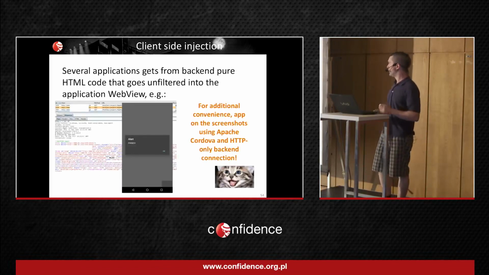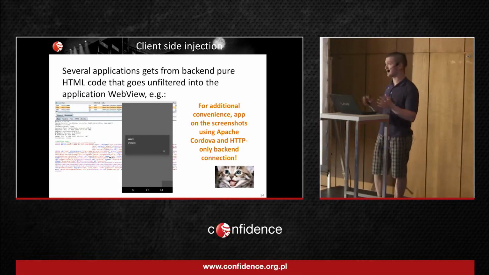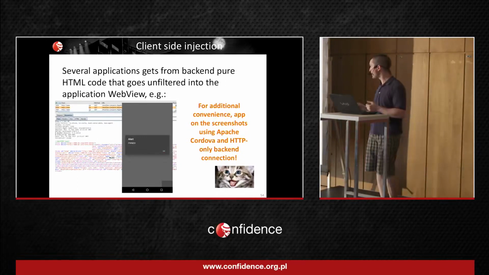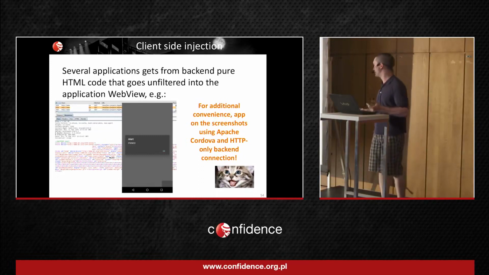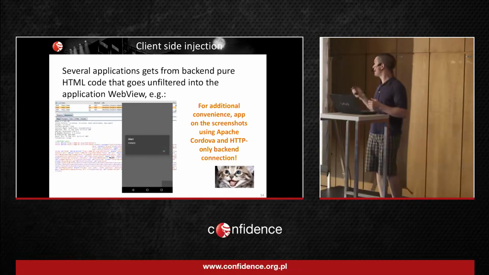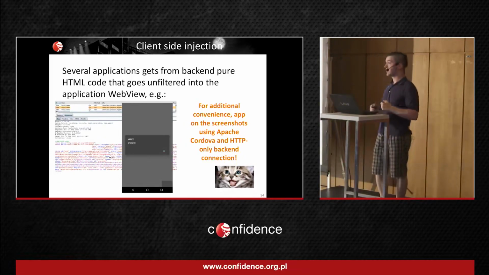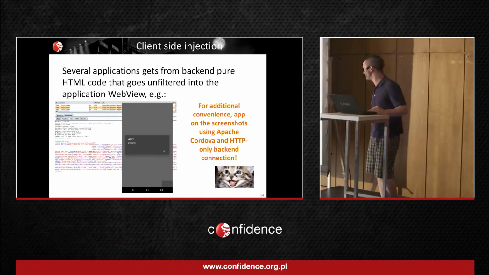Some example. One application loads some HTML files from a remote server, and the attacker can use HTTP for that. So the attacker can easily replace files, and also the application uses a specific library, Apache Cordova, so he can insert some instructions in the resulting HTML document and get execution of specific commands on the device. So he can even try to get real remote code execution, not just popping up alert boxes.